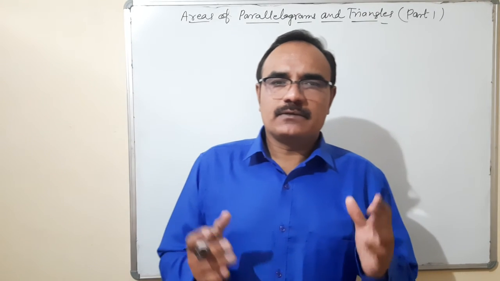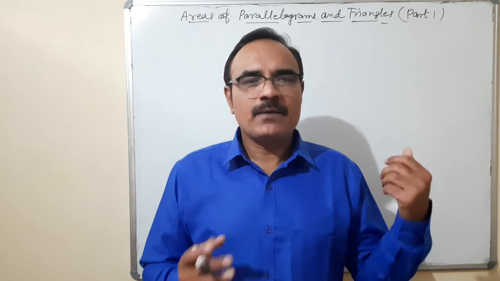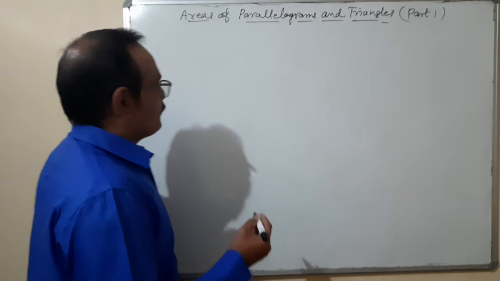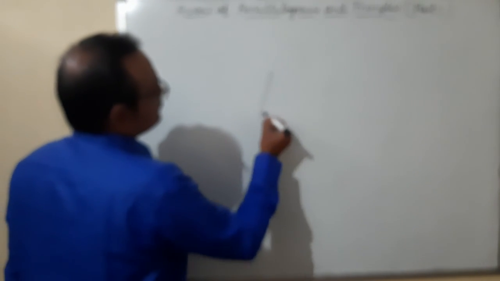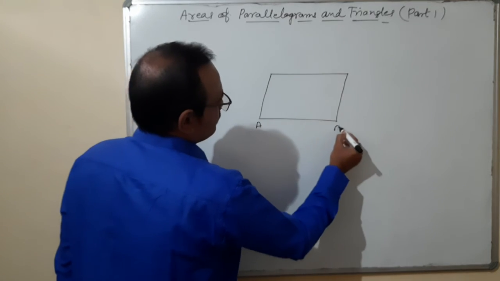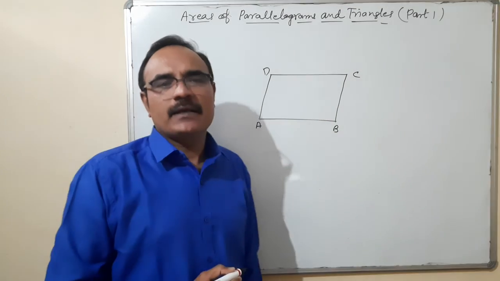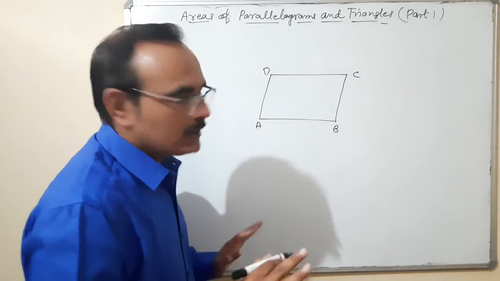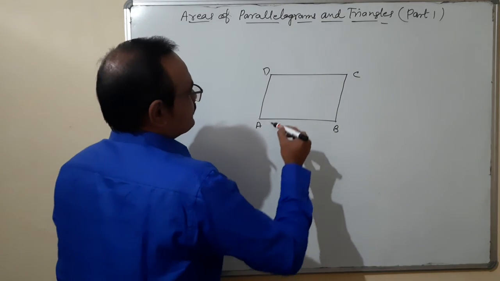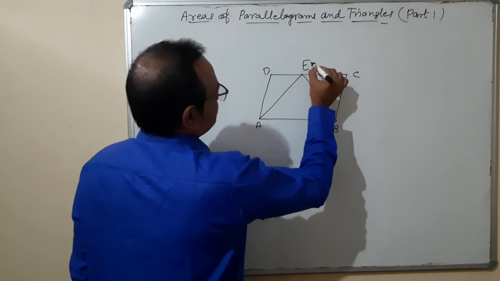Second thing, for areas of a triangle and areas of a parallelogram, we have to discuss the same base and between same parallels. What is it? For example, suppose ABCD is a parallelogram. I think you are aware of all the properties of a parallelogram. Opposite sides are equal and parallel, diagonals bisect each other, opposite angles are equal, everything. ABCD is a parallelogram, and I will draw this triangle ABE.